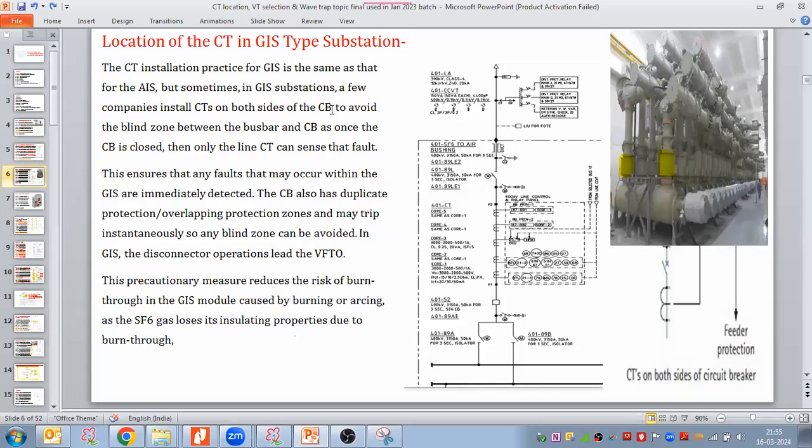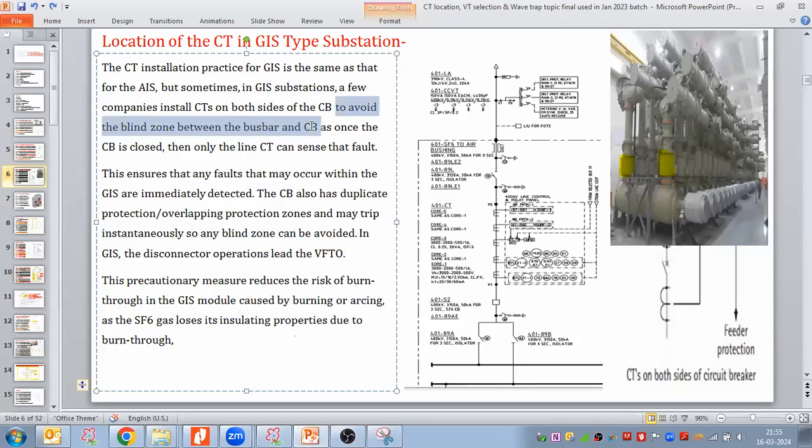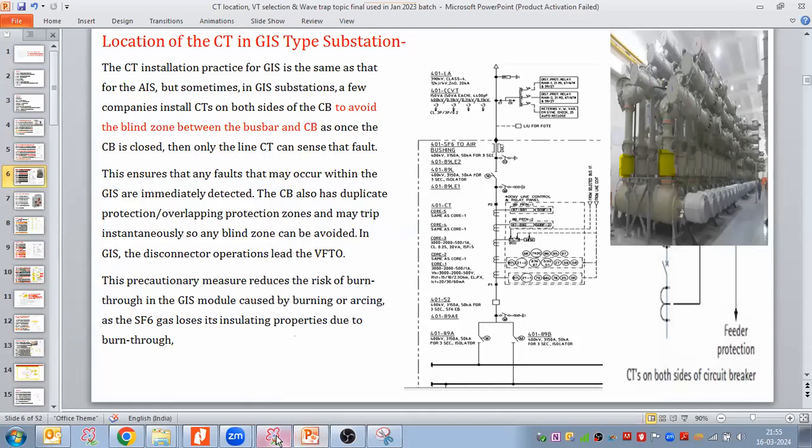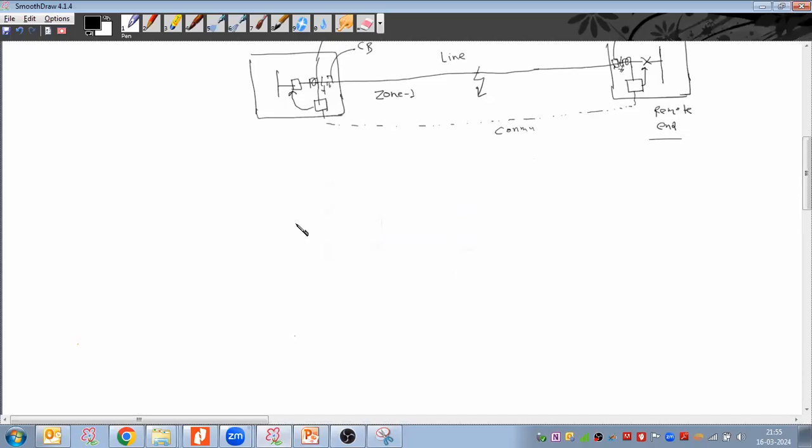Why? There is a reason why they are doing that on both sides of the breaker: to avoid the blind zone between the busbar and CB. Avoid the blind zone between the busbar and CB, as once the CB is closed, only then can the line CT sense that fault. In case of the GIS, this system is a little bit complicated because in the AIS, between the